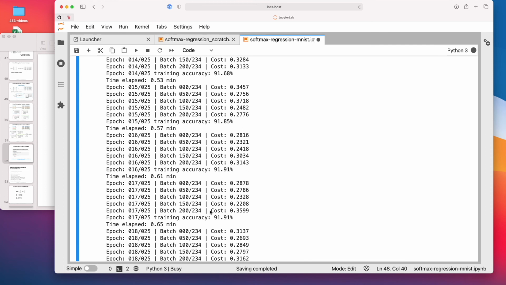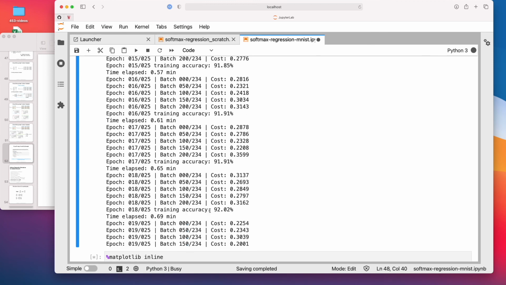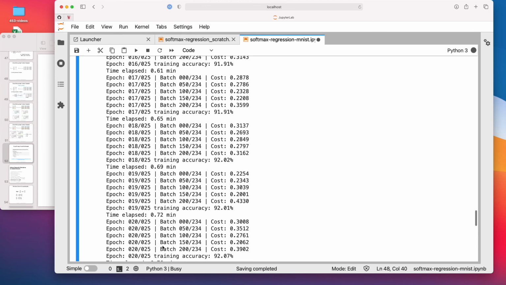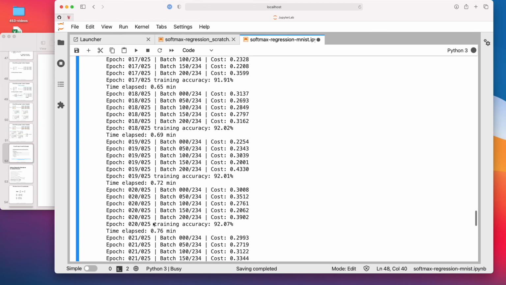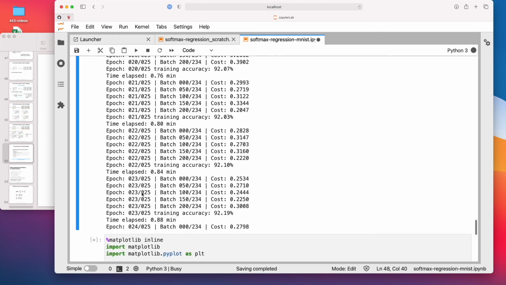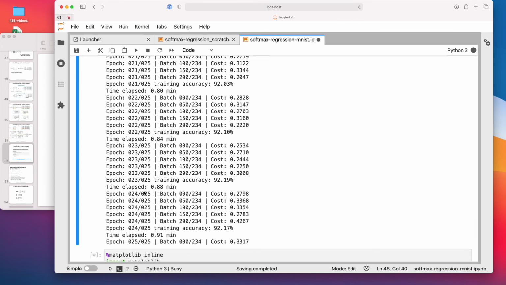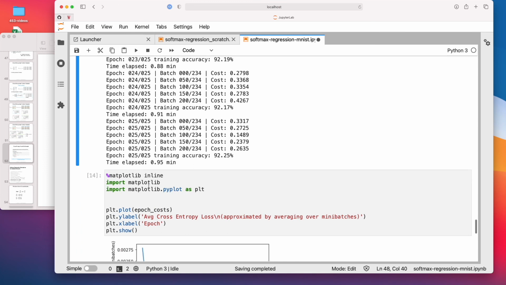Okay, might take a while. It's not too bad though, it's like 0.04 minutes per epoch. I don't know if these numbers make sense. 1 minute, yeah, maybe makes sense.